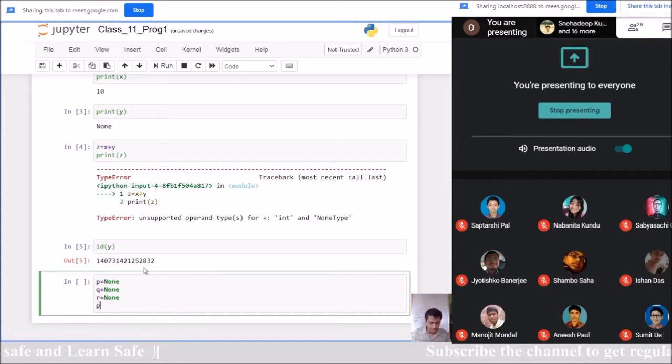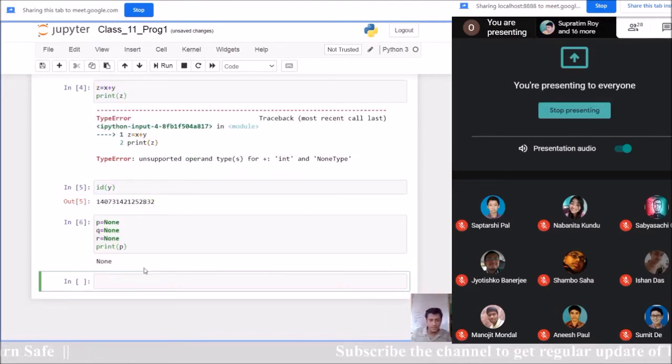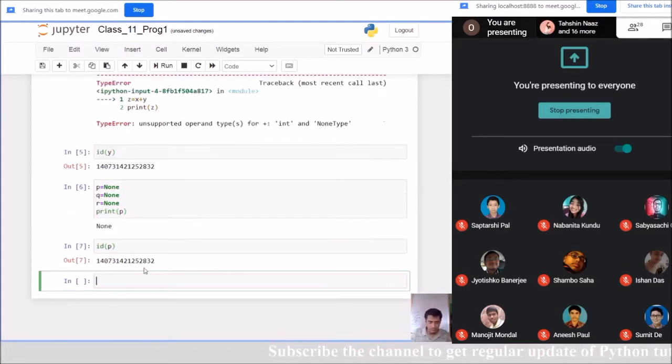Then print the ID of p. What is the address? The same as before, the same as y. Now the ID of q.